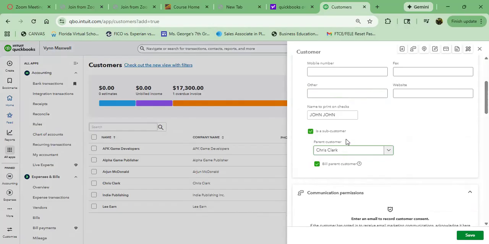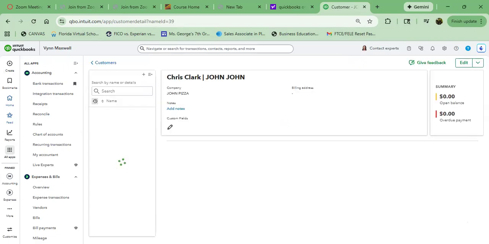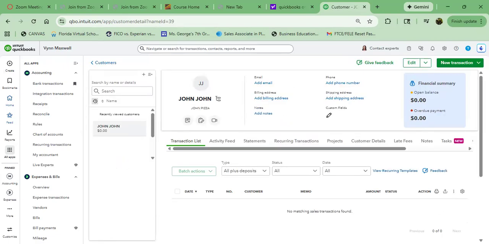Is a sub-customer. You click the customer. If the customer is not listed, what do we do? We add the customer manually. So I'm going to save mine, but at least everyone is clear